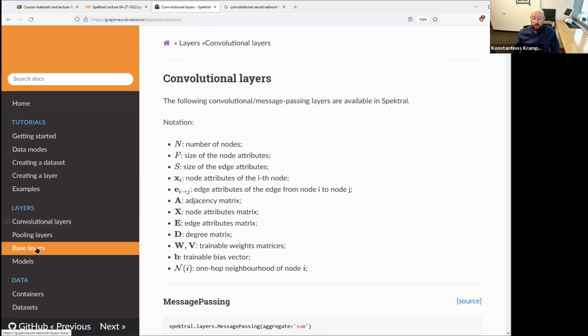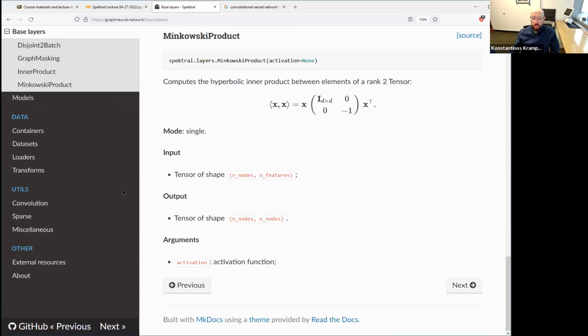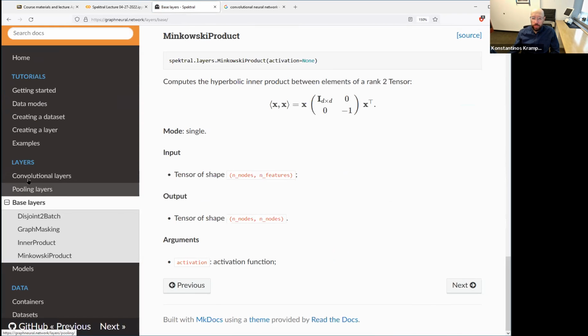You can see base layers. So this is the pre-processing here. The documentation is a little messy. I mean, it's an awesome library, but it's a little messy. So where's the pre-processing? Pre-processing should be